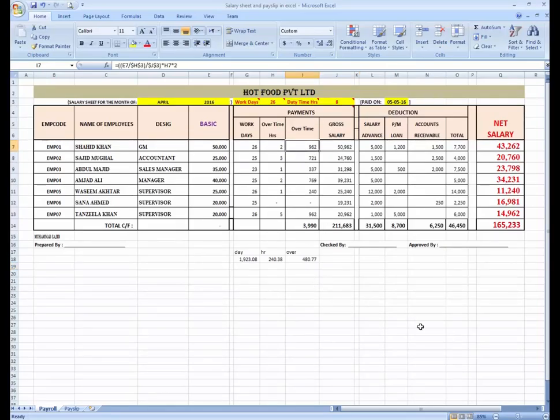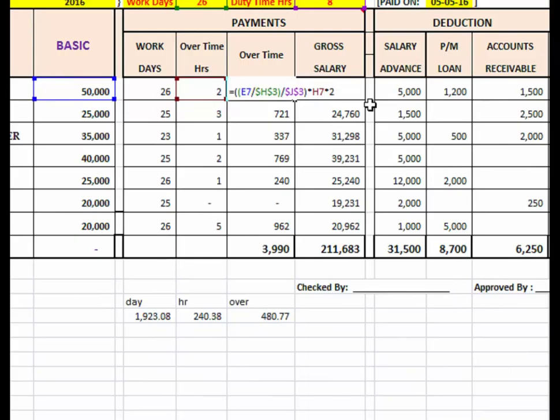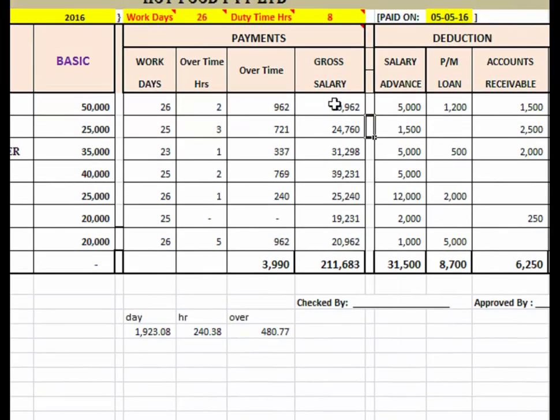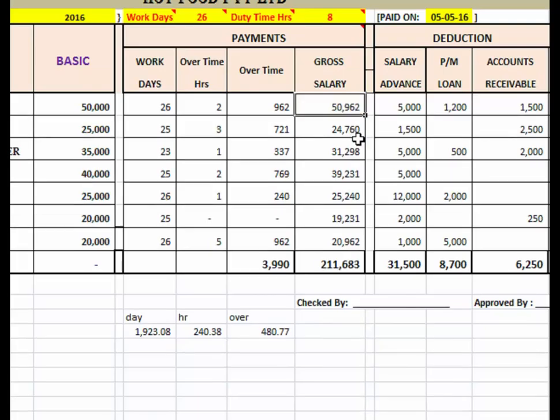This is a simple calculation to calculate the overtime. Just keep in mind and press F4, and you can see over here the formula. Just copy the formula and use it.